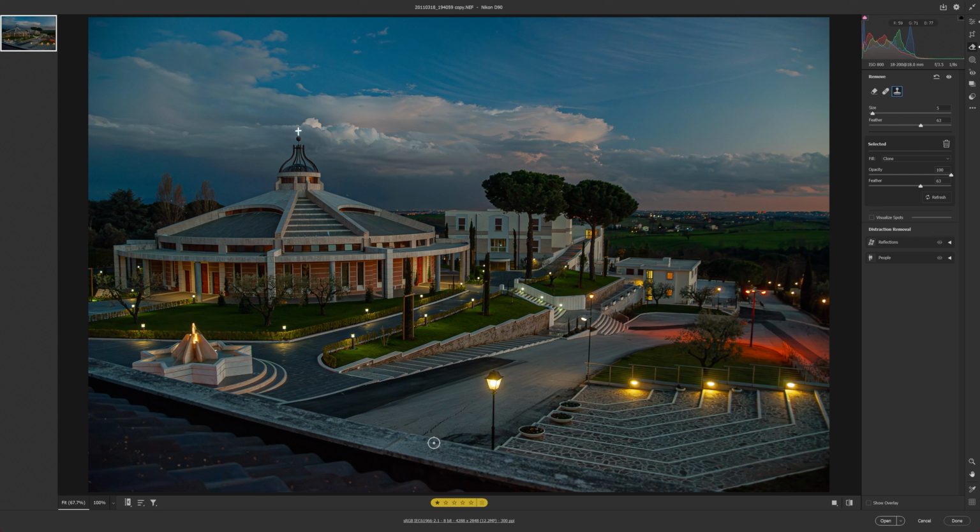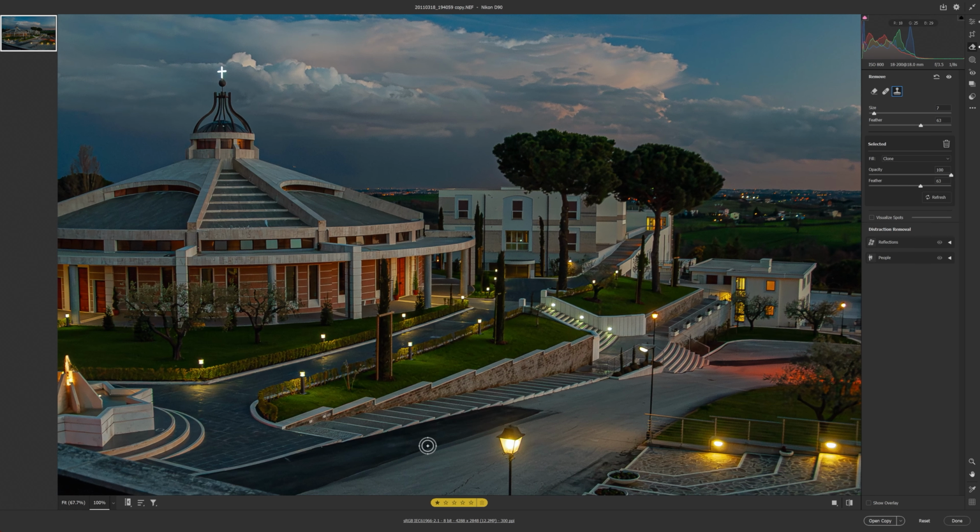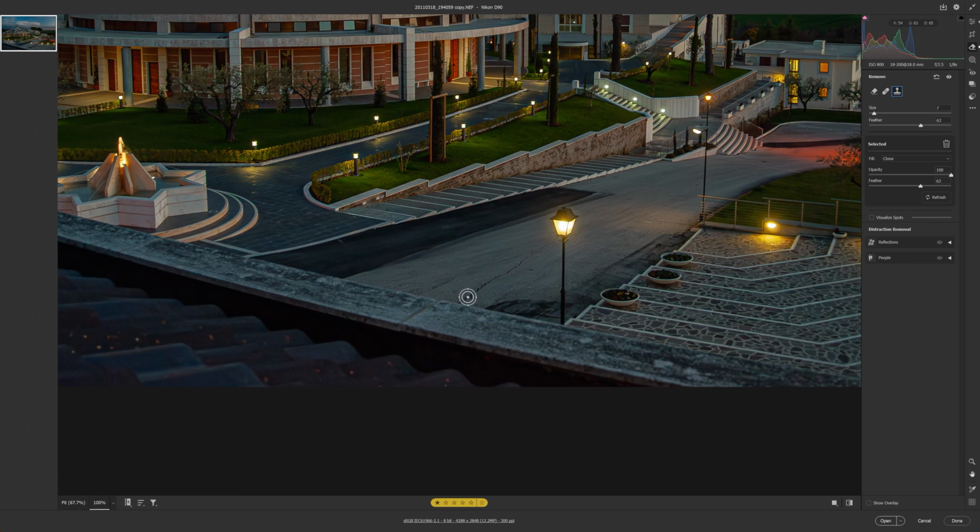So you have a crack in the road here. So if you want to adjust that, you can maybe make the brush size a little smaller and paint over that area like so, and it's gone. Okay, so this is the remove panel, which you can use to remove things. Now in the new versions, you also have